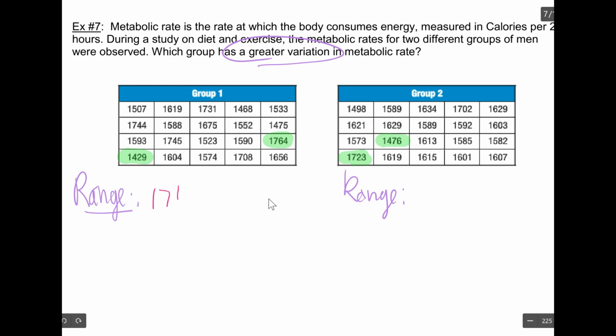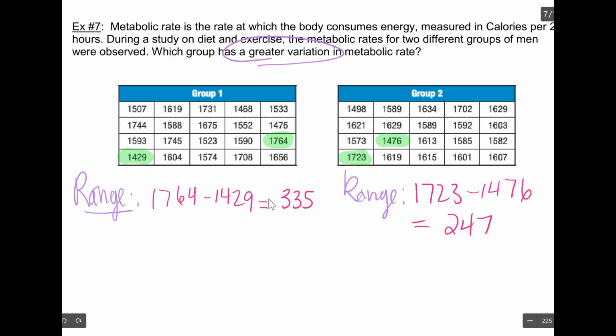Okay. So if I take these and subtract, I see the range for the left side is 335. For the other, exactly, the highest minus the lowest, 1723 minus 1476, is going to be 247. So we think that the left side probably will have the higher variation, but a better measure of variation and spread is